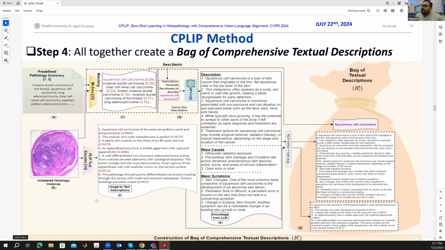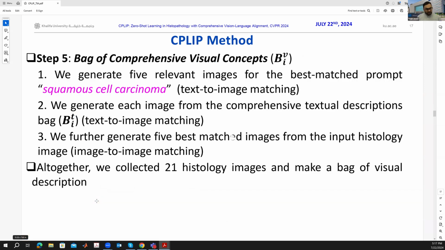The first word in the bag of textual descriptions, we are putting here, is squamous cell carcinoma, followed by the 5 textual descriptions, 3 major symptoms, 3 major causes, and 5 textual descriptions pulled out from the PLIP text encoder. So this is one of our strong backbones for fine-tuning the already existing VL model, which is a bag of textual descriptions, and it is represented by BIT. Fine. If we want to further